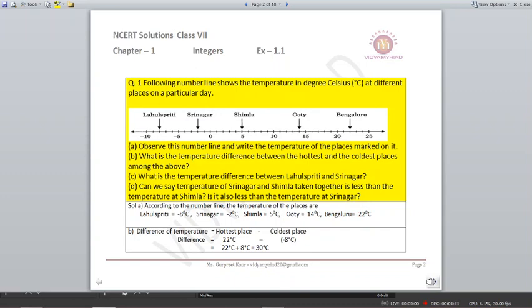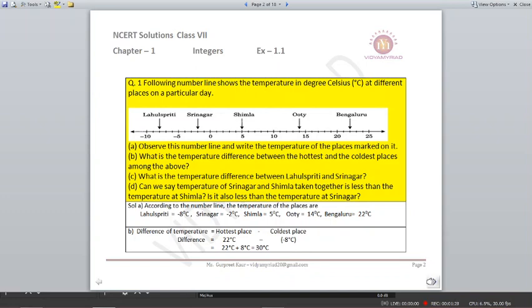So now you will see the number line. You have 0 as a center point. If you see, towards the right the numbers will be positive and towards the left the numbers will be negative, and we will write it accordingly. Just count the number of jumps and you will come to know their answers.